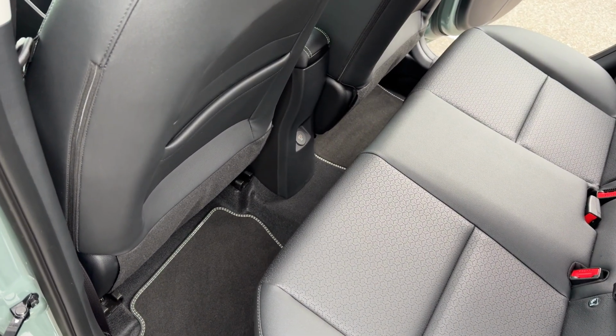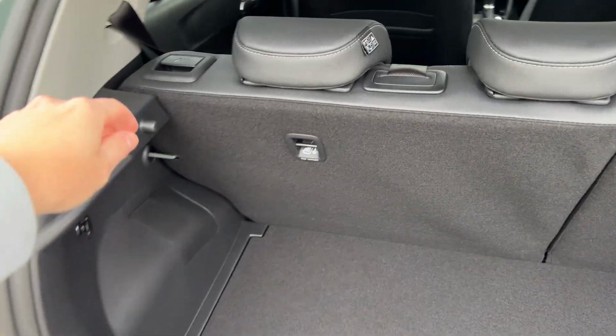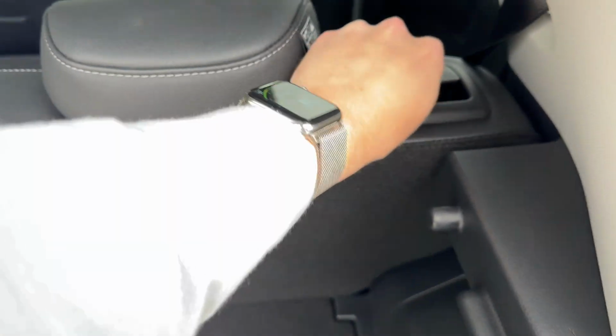You've got ISOFIX points back there and a few other practicalities, even rear charging on this model. And in the boot, things are pretty practical too. With the seats folded down, it's a really usable space. Of course, it's not very big, but it is quite square, and loading it can be quite easy. You've got an adjustable boot floor as well, so you've got a little bit of extra space and some tie